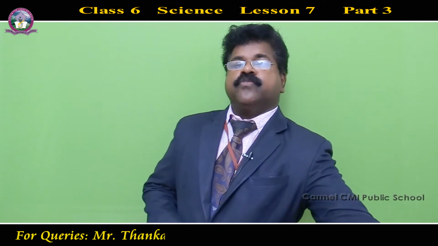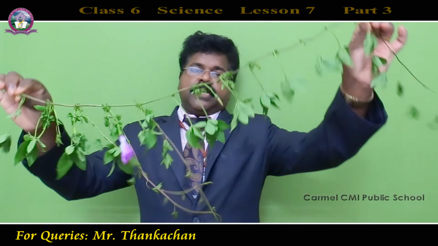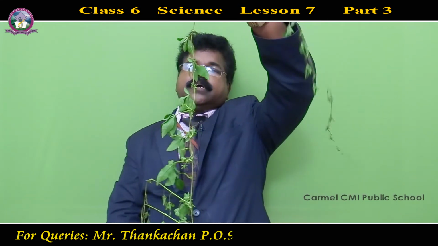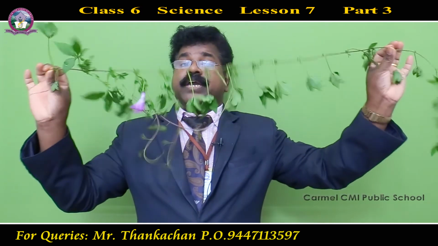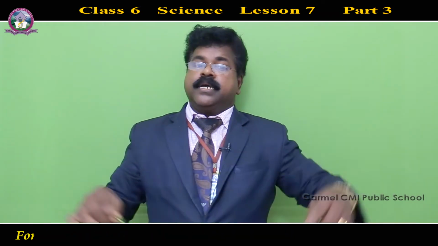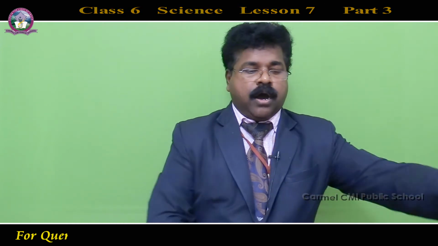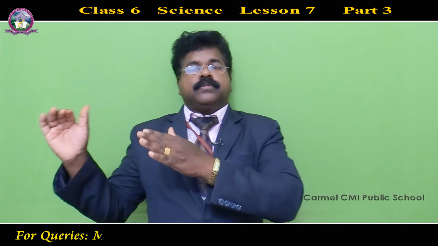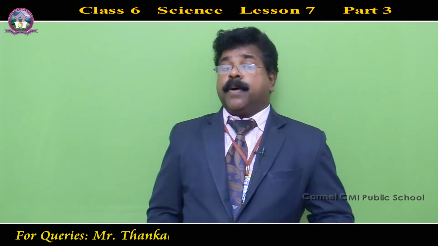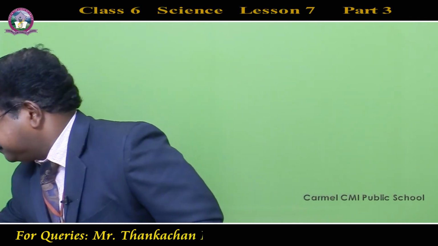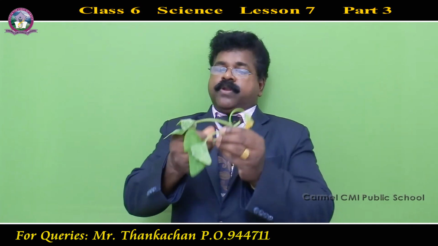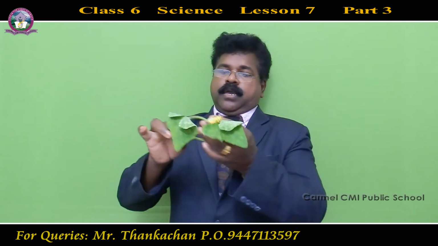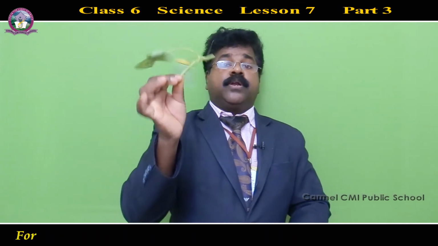Some of the plants have a weak stem. So here there is a plant, this petunia plant's stem. Even if I try to hold it like this, it will come down because they are very weak plants. They have a weak stem, so they are not able to stand erect. They will creep on the ground, or otherwise they will take the support of neighboring plants and climb on other plants. That also we have discussed. Pumpkin is an example, and cucumber, etc. They are creepers. They will crawl or creep along the ground. They are not able to stand properly. That's the reason.